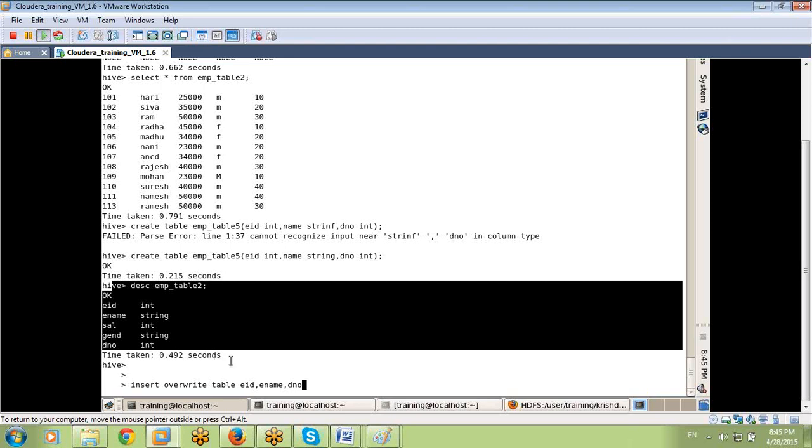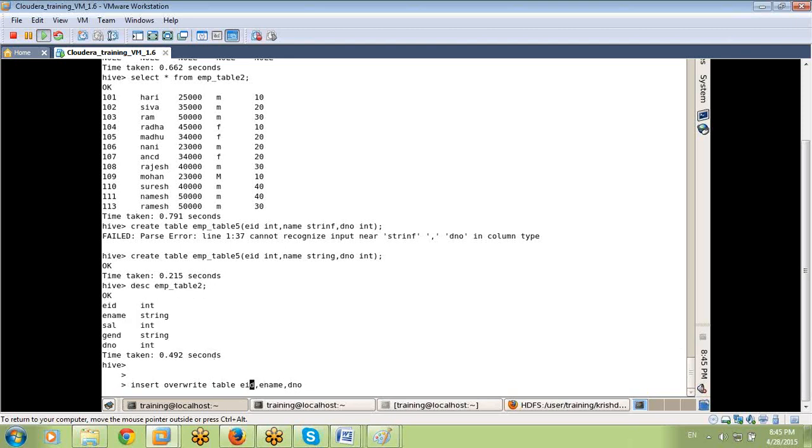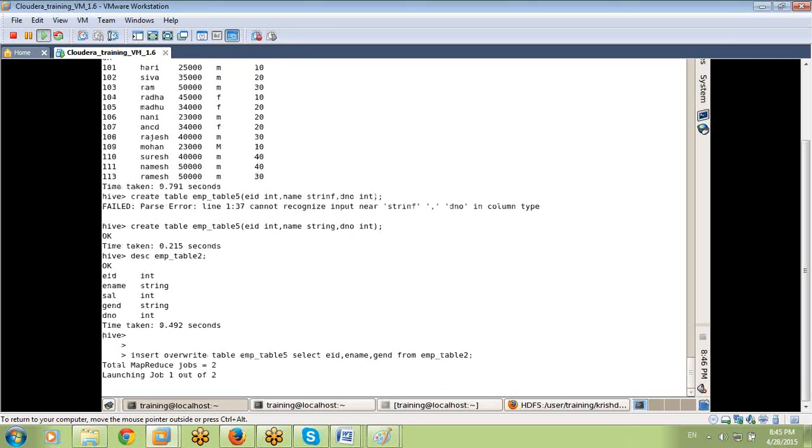Okay. Insert overwrite table, table name, emp table 5, select EID comma, ename comma, department number. Okay, manually I do it wrong. I am taking gender here because gender is a string, but my third column is integer. From emp table 2, enter. Now we are writing the data.